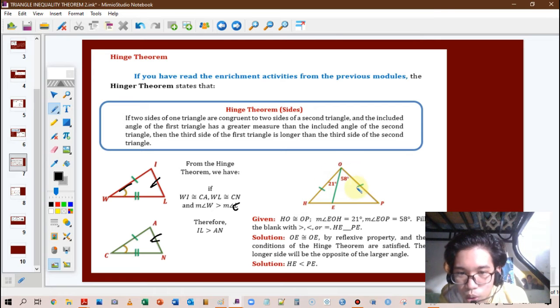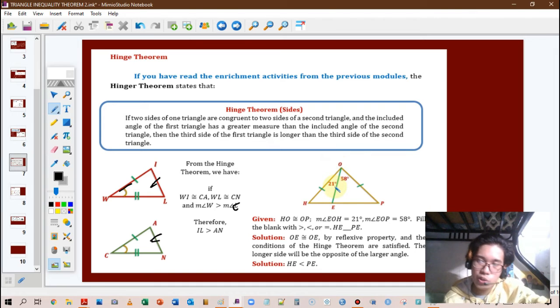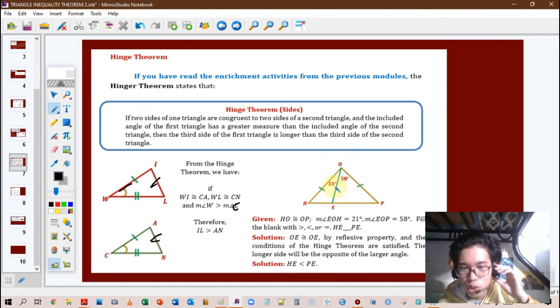HO is congruent to OP, and the measurement of angle EOH is equal to 21, and EOP is equal to 58 degrees. So is HE greater than PE, less than PE, or equal to PE? Since we have a triangle here that we can use the reflexive property for, we can say that OE is congruent to OE, and by using the Hinge theorem